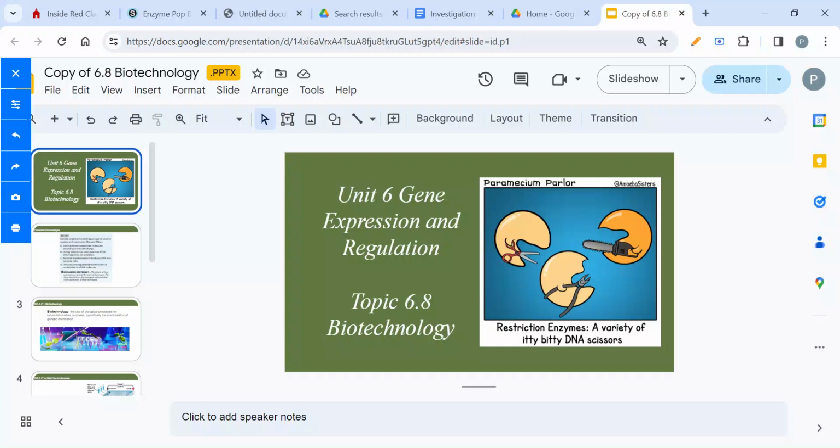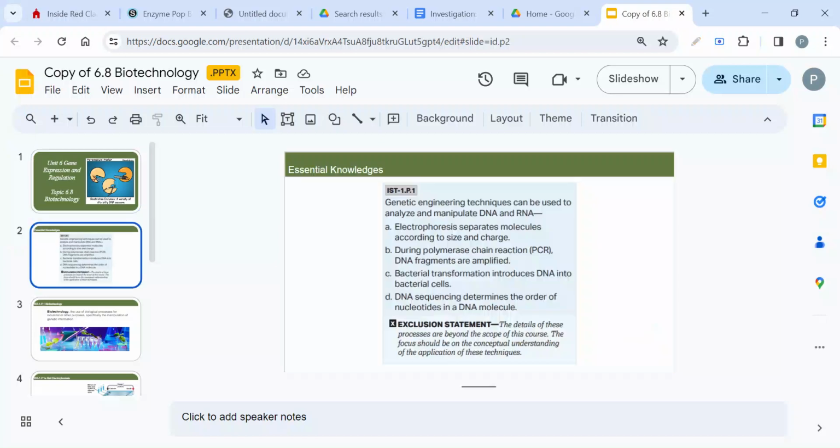All right, everybody, we're going to go ahead and get into biotechnology. So let's go ahead and take a look at this. Basically, in short, when we're looking at biotechnology, we're looking at how we can take foreign DNA and put it into another organism so it can start to transcribe and translate a gene it